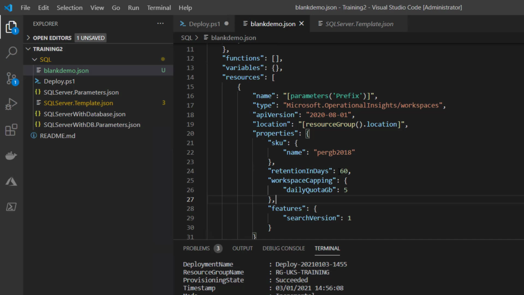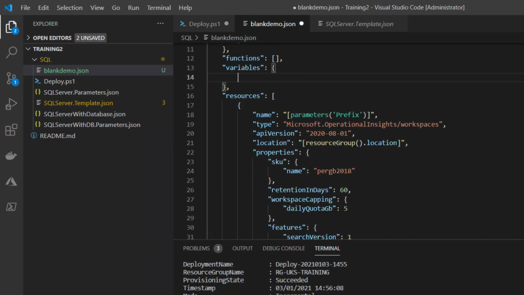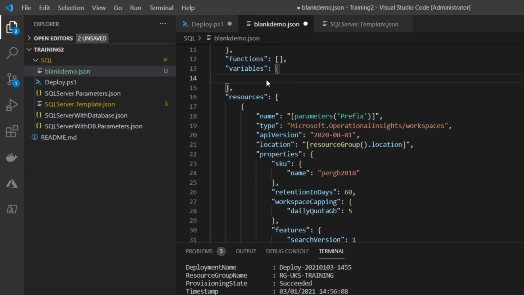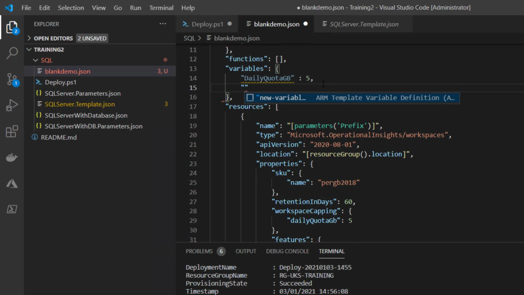So we may not want to hard code these numbers. Okay, so what we can do is specify a variable. The way we do that is to first give our variable a name. So let's call that, sorry, just click on there. We need to put it in quotes and give it a name, quote GB, something like that. We need to give it a colon, and depending on the data type it is, in this case we'll just use an integer, a number, and then we'll put a comma for the next one, and we'll call that daily